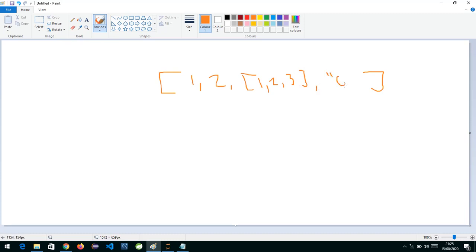To access the elements of a list, you use an index, and you have both positive and negative indexing in lists.